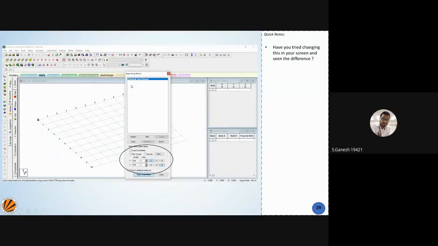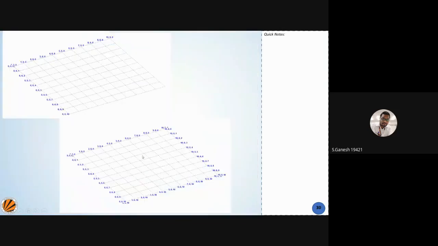Now the question is, what happens if I tick mark these X, Y, Z options, or the start or end options? When you click start and start, it shows only the start of the X-axis and the start of the Z-axis.